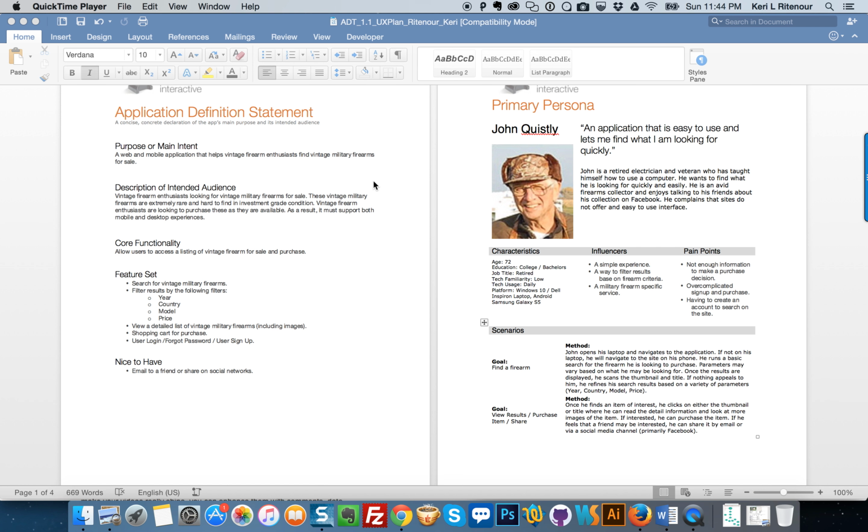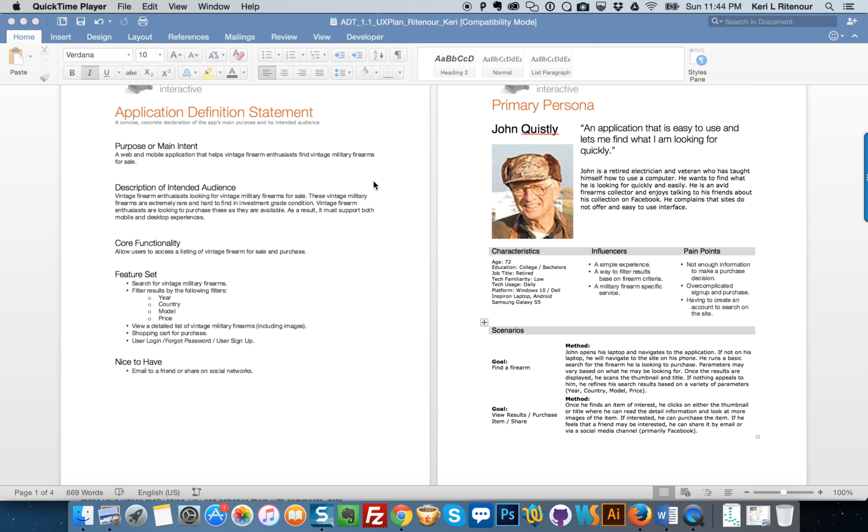He feels that there's not enough information on current sites to help him make a purchase decision, and there's an overcomplicated sign-up process, or some sites require him to sign up for an account just to search for a particular firearm.